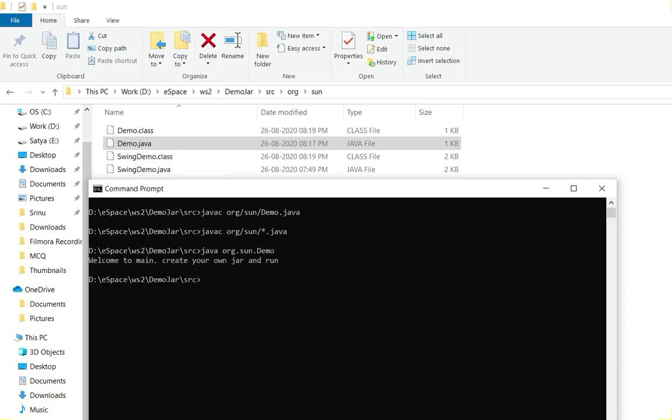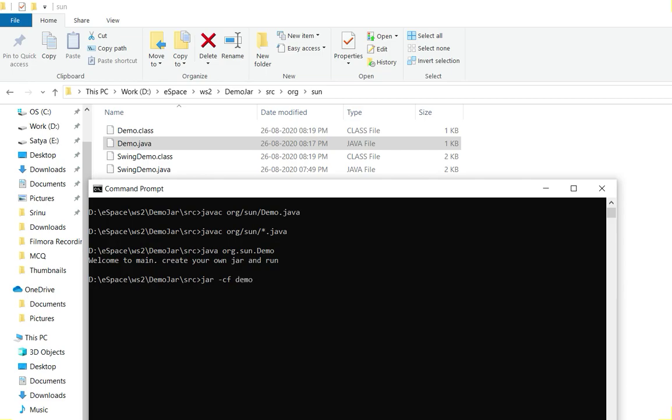To create a jar file, we need to use the jar command, and to create a simple jar we can use cf. This command is nothing but create file. Then the file name, let me say demox.jar. This is the jar file I'm going to create. And what are the source files I need to include?